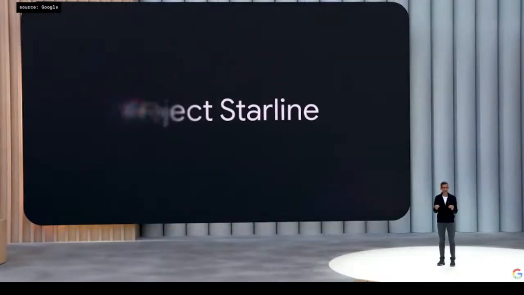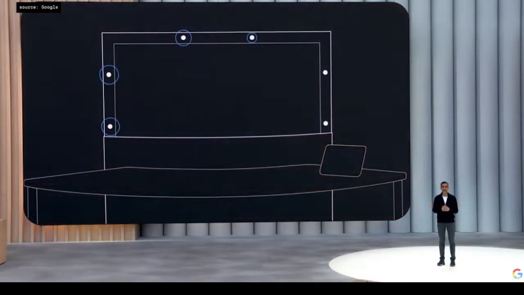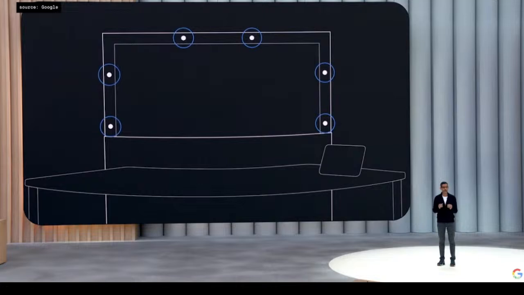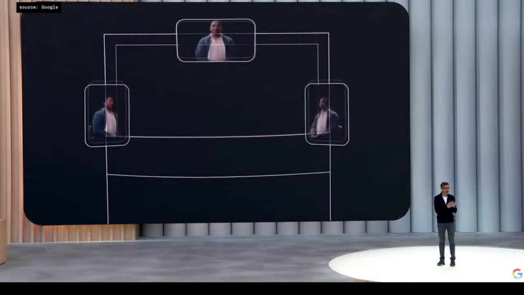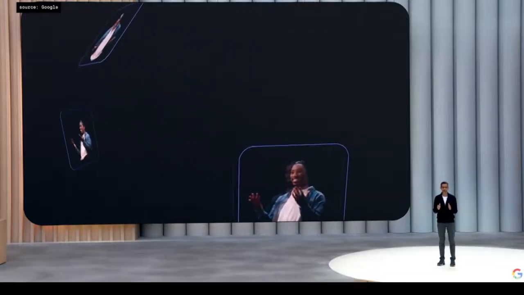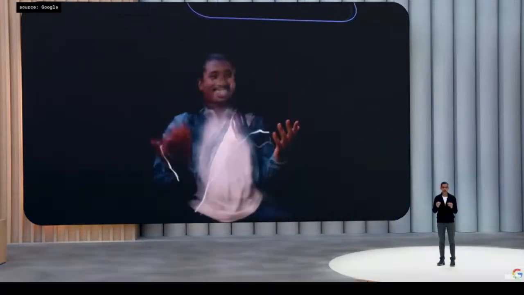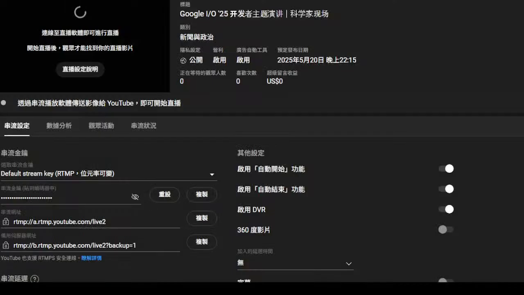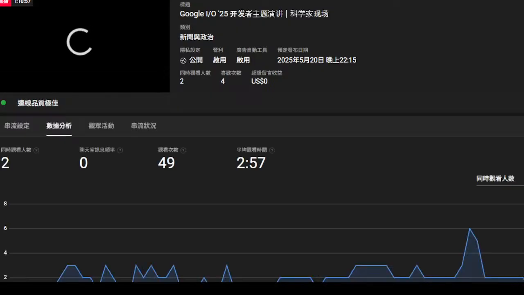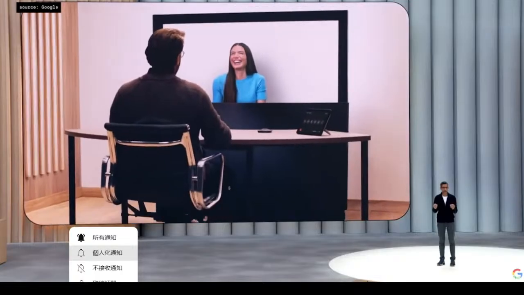Introducing Google Beam, a new AI-first video communications platform. An array of 6 cameras captures you from different angles. And with AI, we can merge these video streams together and render you on a 3D light field display. With near-perfect head tracking down to the millimeter and at 60 frames per second, all in real time. The result, a much more natural and deeply immersive conversational experience. In collaboration with HP,